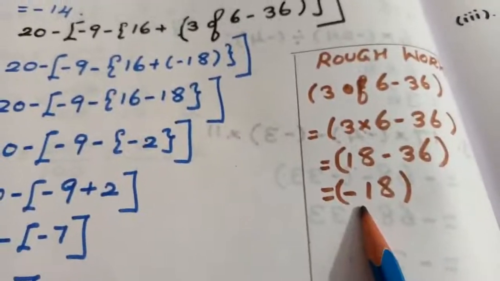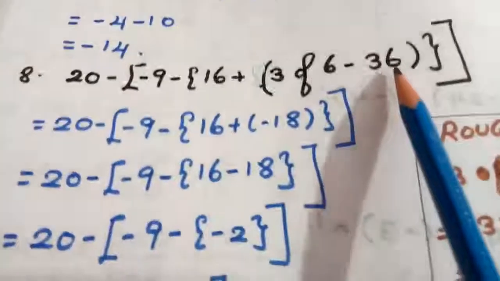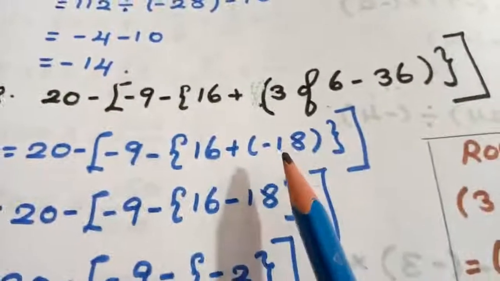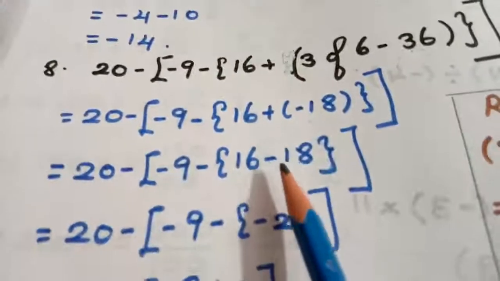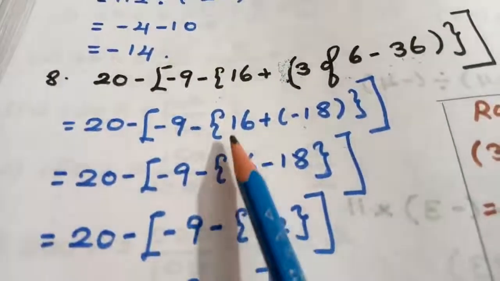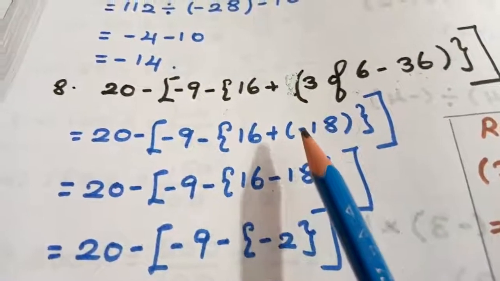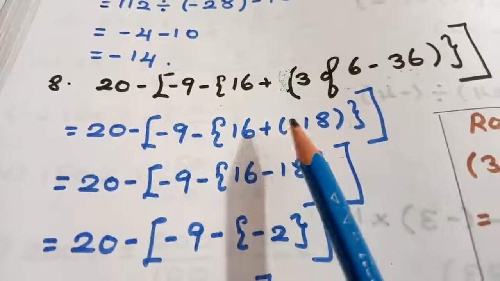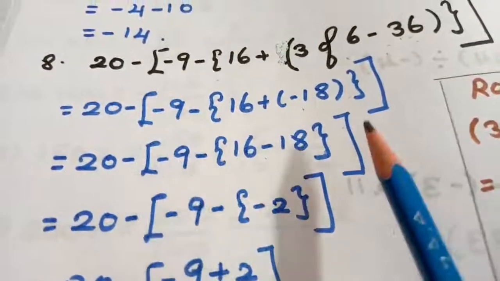After getting the value as minus 18, replace. So what is the final answer I am getting here? For this particular innermost bracket, I am getting the value as minus 18. After replacing, plus into minus, minus 18. So the open bracket is over. That is, we have found the value, and we are just leaving out that open bracket. Remaining, you have only two brackets.